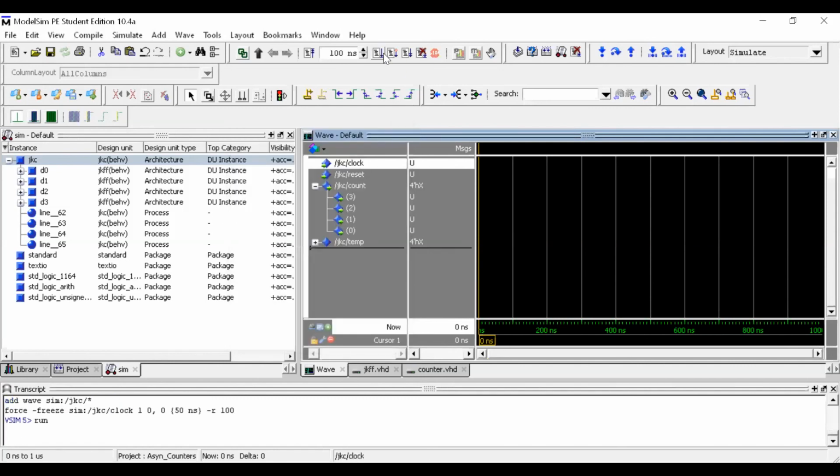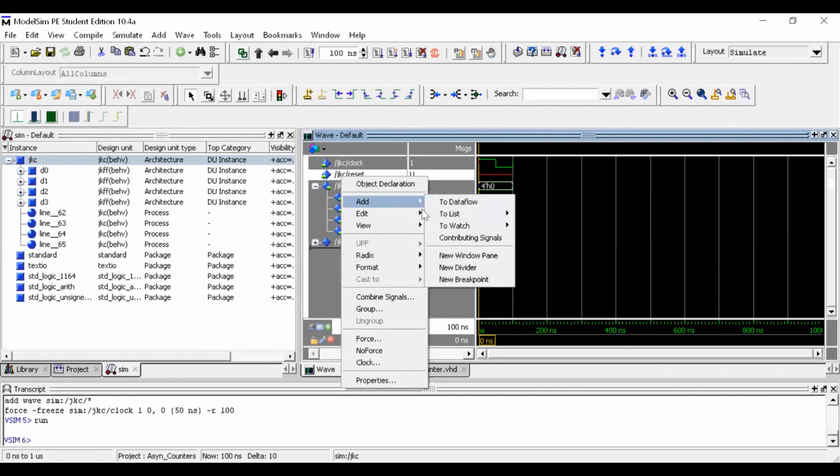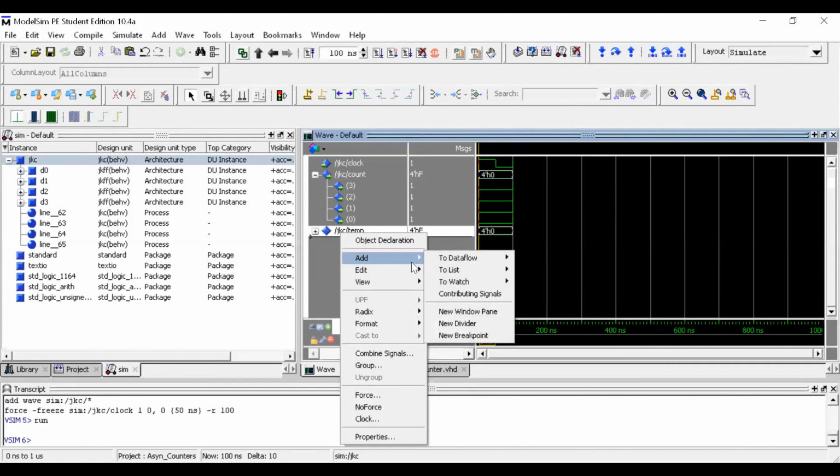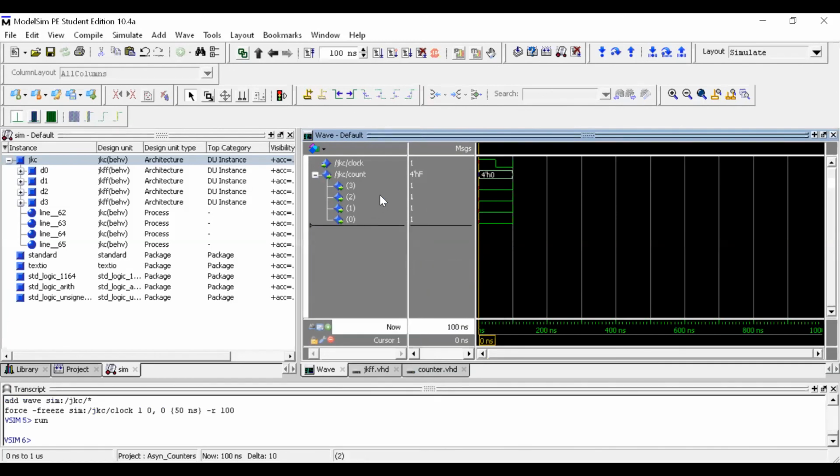Since I haven't assigned any value to reset, it is showing in red. It is not of use to us, or I am simply removing it from my circuit, so that won't interrupt us. In the clock, this is a rising edge and this is a falling edge, and again this is a rising edge. With the rising edge we have J, K values for all the 3 counters, and 0, 0, 0, 1 is having some values.